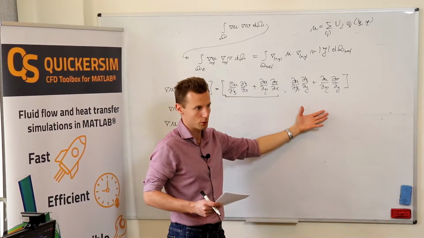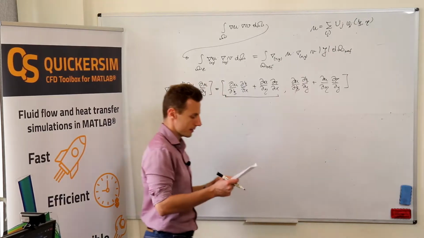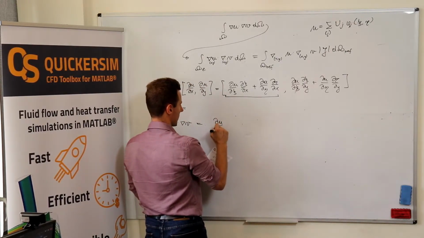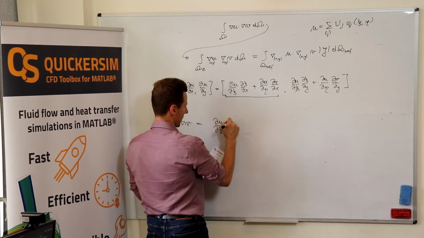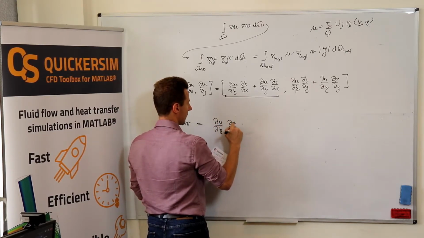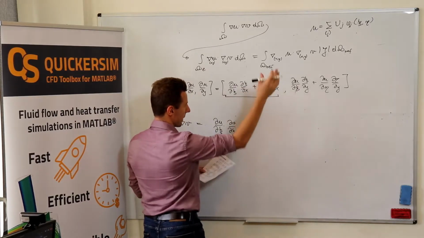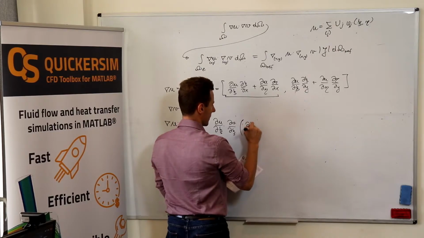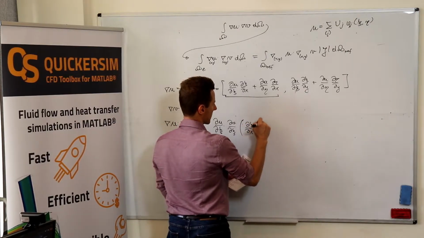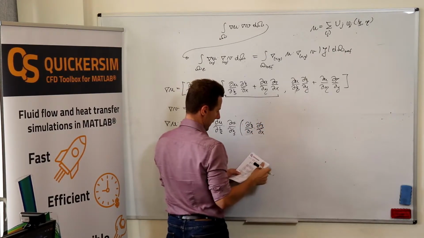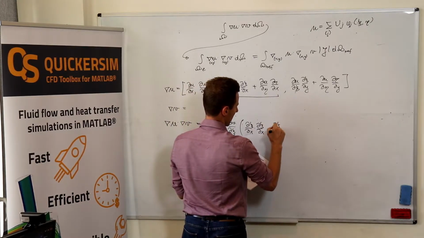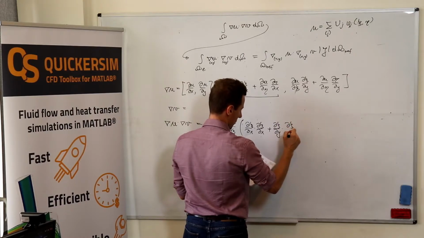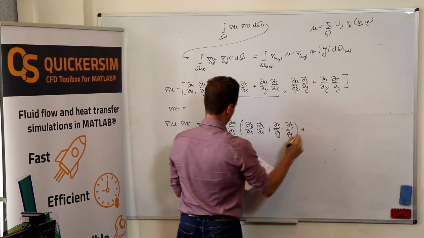Finally we would arrive at du/d psi times dv/d psi, times d psi with respect to dx times d psi with respect to dx, plus d psi with respect to dy times d psi with respect to dy, plus